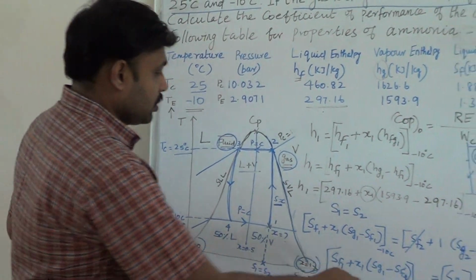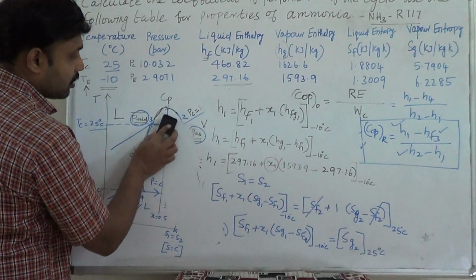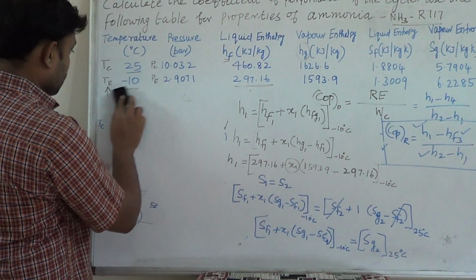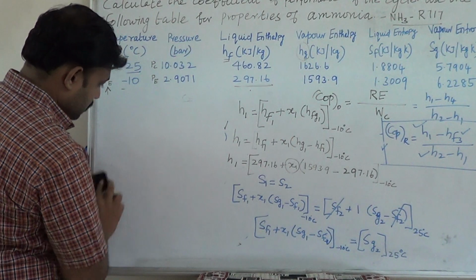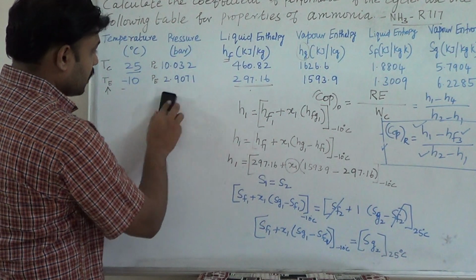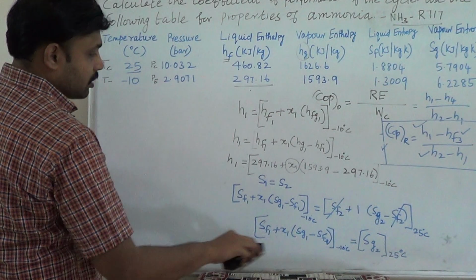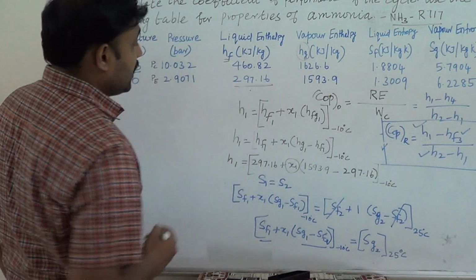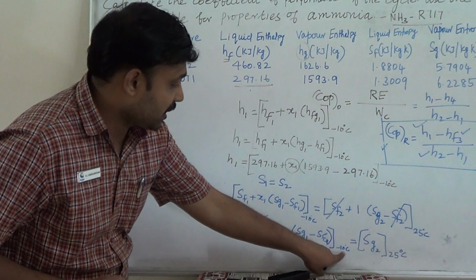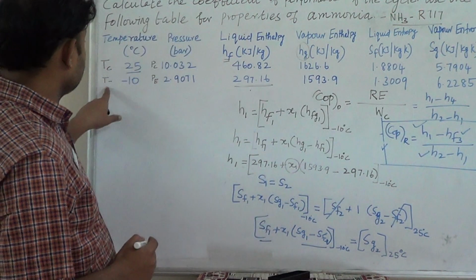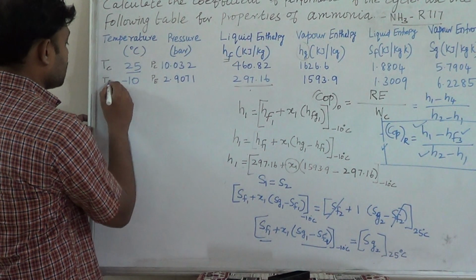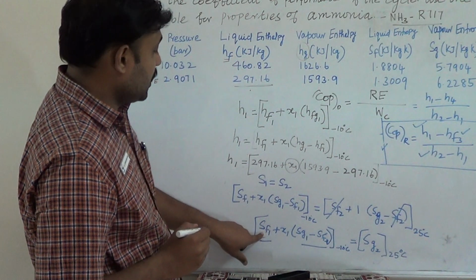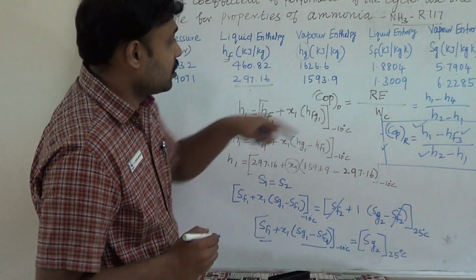So let me rub this TS diagram so that we will be able to calculate. Now let us substitute the values, because all the values are given in the property table. Corresponding to minus 10 degrees centigrade, which is the evaporator temperature, we have to write the liquid fluid entropy. Liquid entropy is